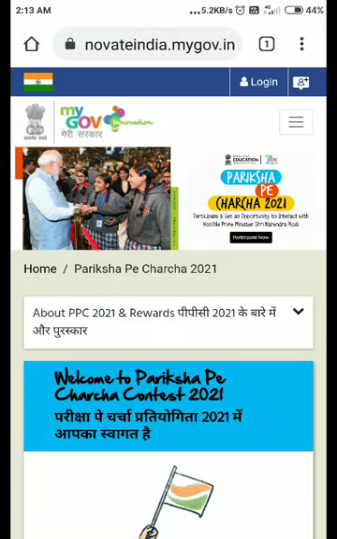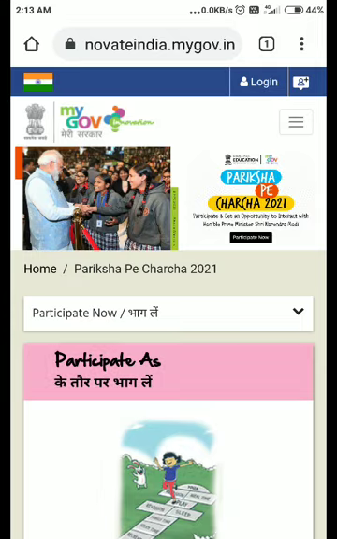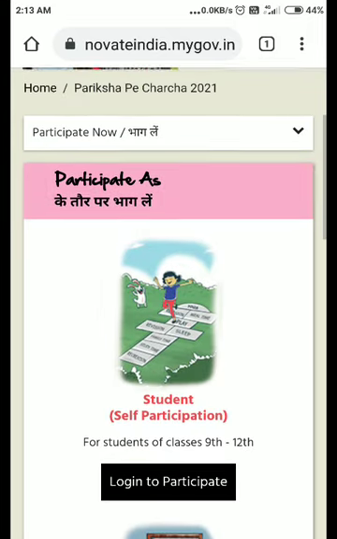After that, the next option will be about PPC 2021 and rewards, and here one arrow will be there. I'm just going to click on that, and the option with a red background is Participate Now. I'm going to click on that option.